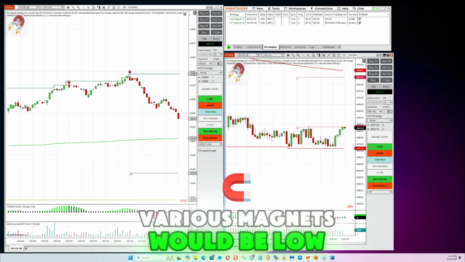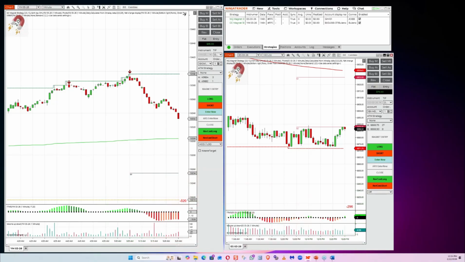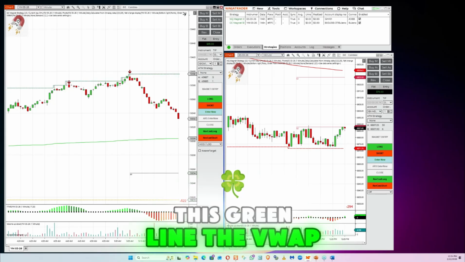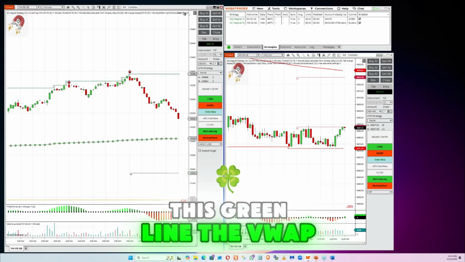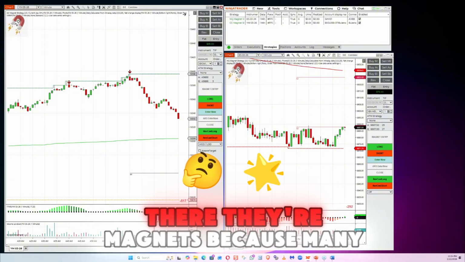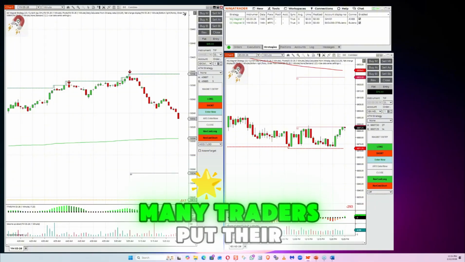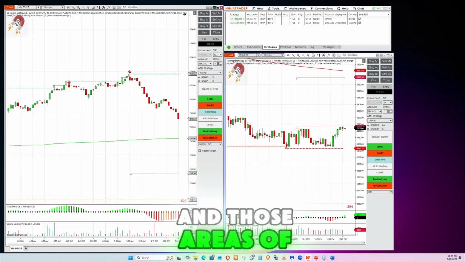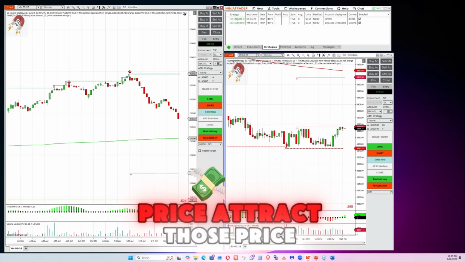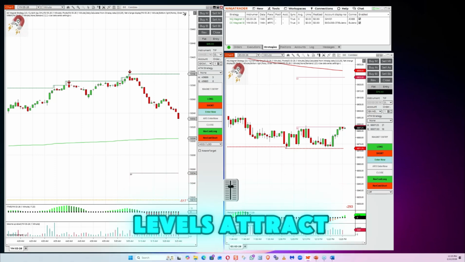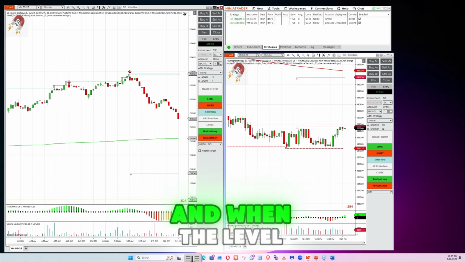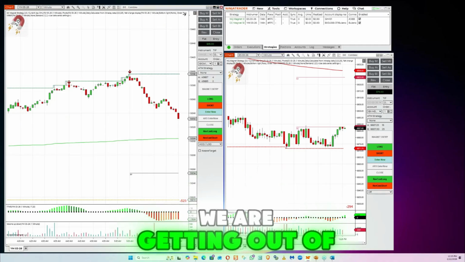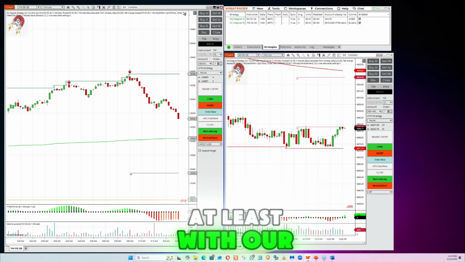Various magnets would be low of day. The high of day is a magnet. You see the high of day here, this green line. The VWAP is a magnet right there. They're magnets because many traders put their orders in those areas, and those price levels attract. And when the level is attracted, we are getting out of the trade, at least with our first position,